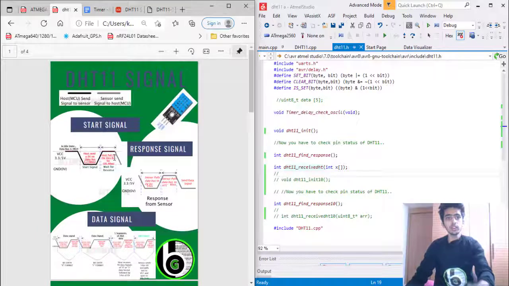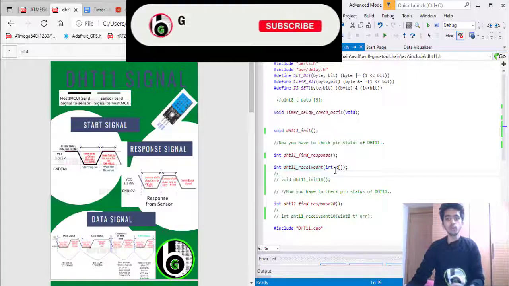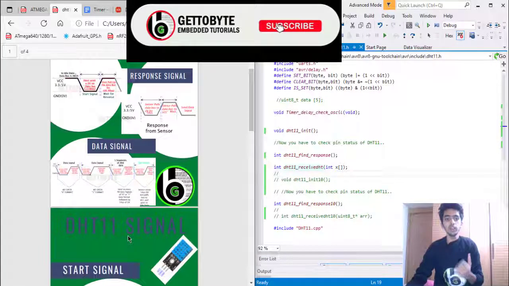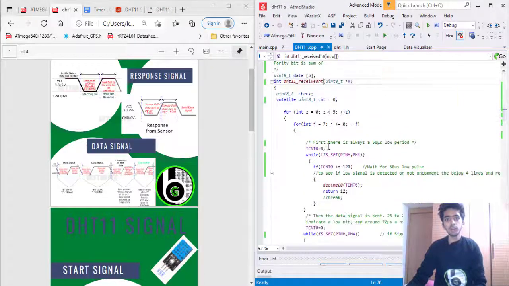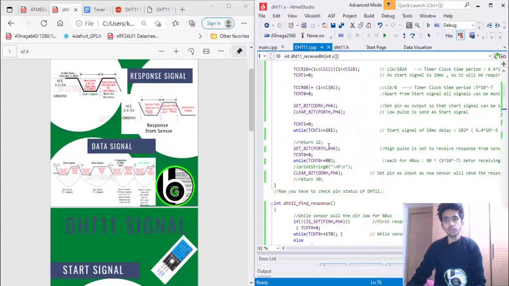As you can see, there are three phases: start signal, response signal, and data signal. So our missions will be DST11 initialize, equivalent to the start signal; find response, which checks whether we are getting a response from the sensor or not; and then receive DST, which is going to receive the data sent by the sensor. Now let's move to the .cpp file. So our first function is